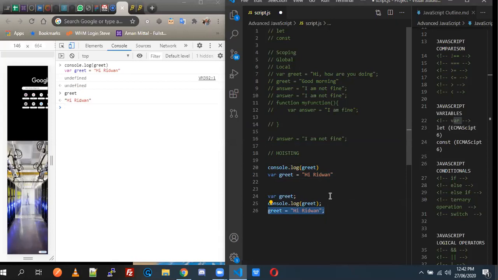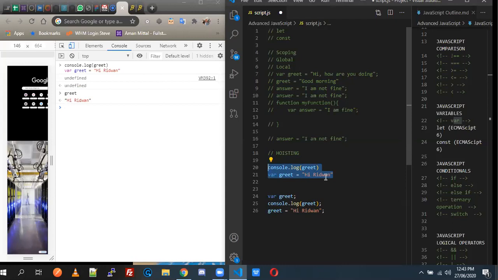So in JavaScript, a variable can be declared after it has been used, just like this. So in other words, a variable can be used before it has been declared. It's the same thing, but I'm just using different wording in case you want to understand it very well. So a variable can be declared after it has been used, or a variable can be used before it has been declared. So the problem we had with declaring variables with var, and why we stopped using it,